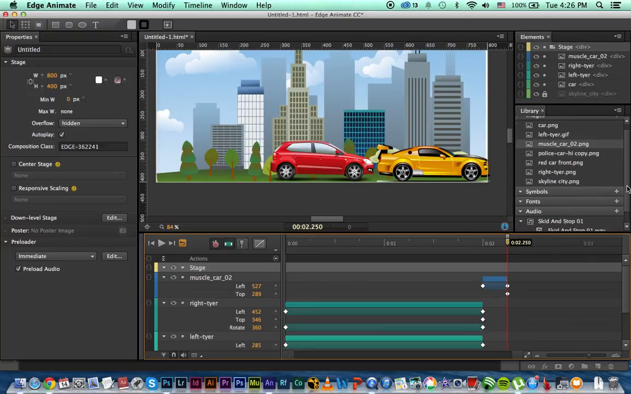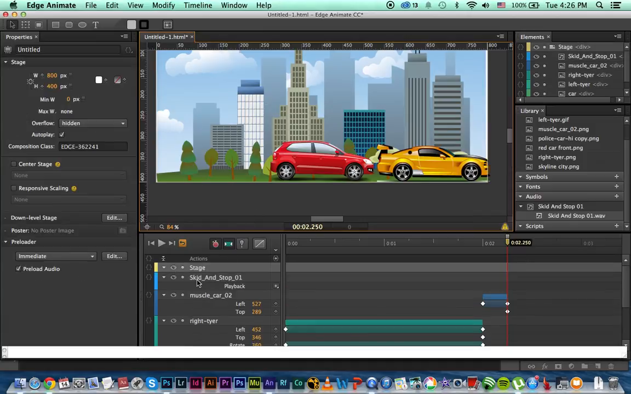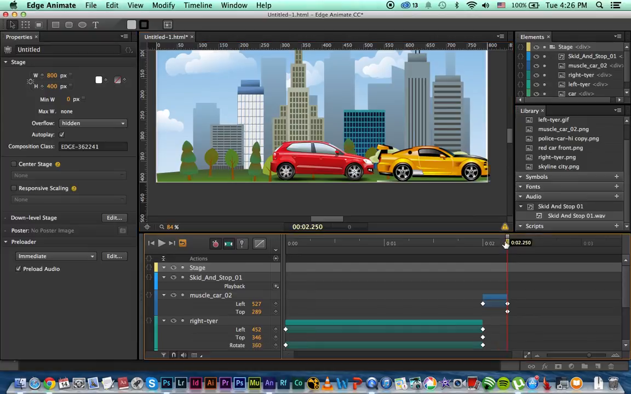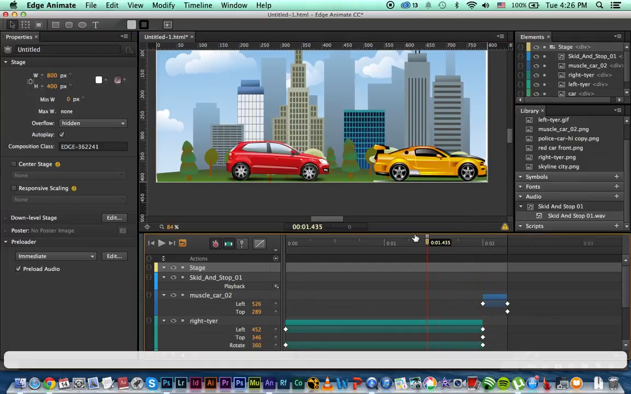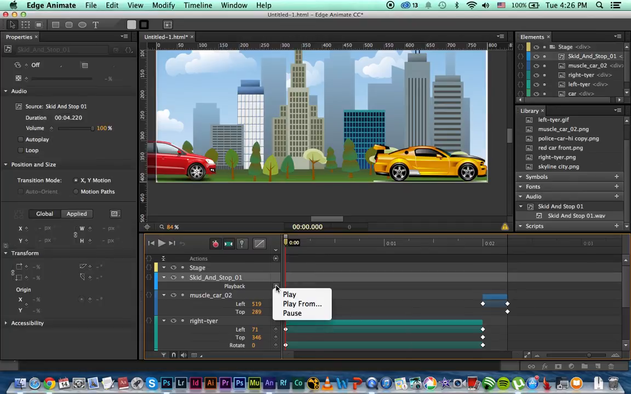But I want kind of a sound for this. So I add my audio. I'm just gonna drag it to the page and click. I'm just gonna add it, and you see it's like a playback. I'm just gonna play from the start, and you see it's long. You see that if I play this,